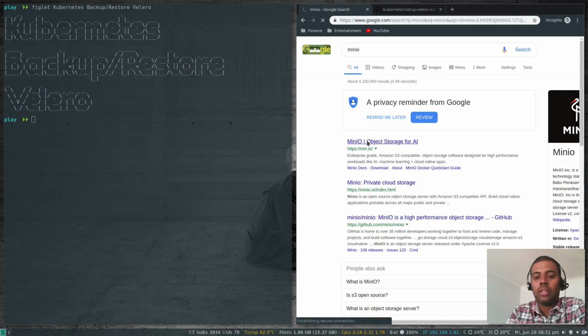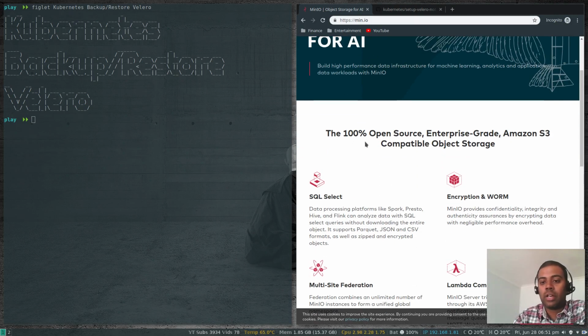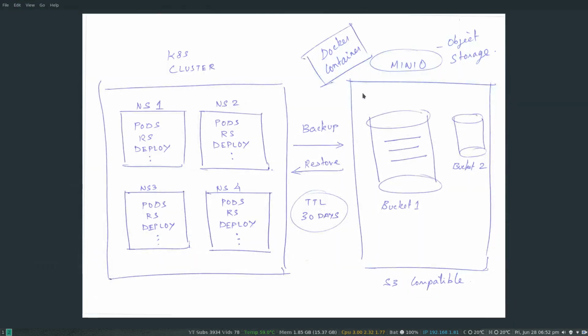So there it is, object storage for AI. It's 100% open source. It's Amazon S3 compatible object storage. So that's what we're going to be using in this video. We'll be using a Docker container to run a MinIO instance for the object storage. Okay, and once you run the object storage, similar to how you create a bucket in your Amazon account, we need to create buckets, and then we can use Velero to back up whatever you want from the cluster